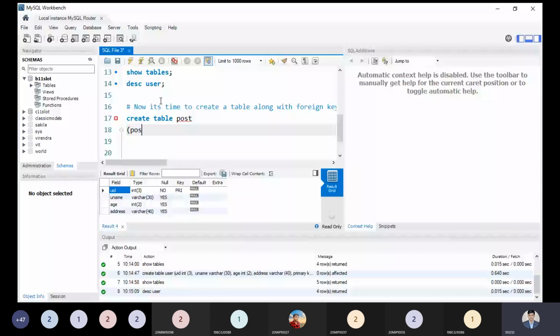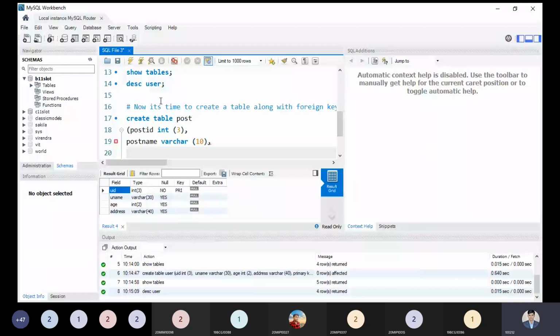You can take just 3 digits only. And the post name, of course, you can take. So it could be varchar, just like the designation of the person. So varchar is sufficient. And now, from this perspective, I'm making my table post along with the foreign key. So it will require keeping information from the existing table, which is our user table. So from the user table, we are making UID.